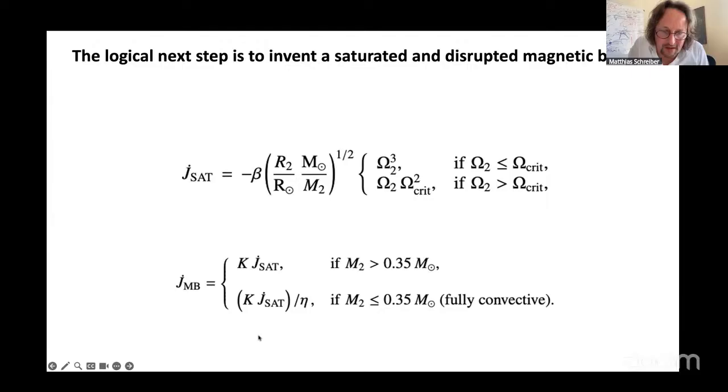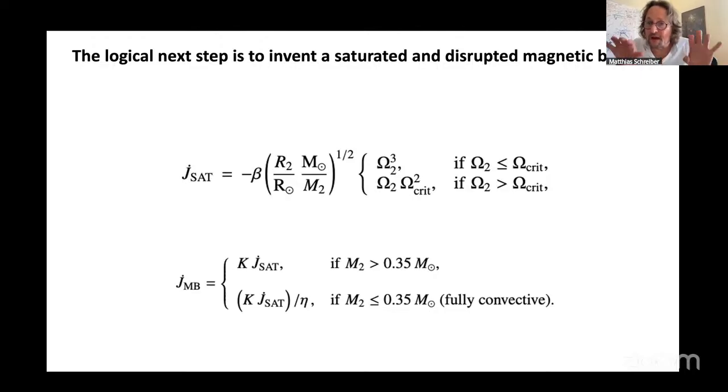And we included eta, which is a reduction of magnetic braking, the so-called disruption parameter. And with this new prescription for magnetic braking, it actually works much better than it did before with the Skumanich prescription. It's actually really amazing. So the first thing we did was we looked at